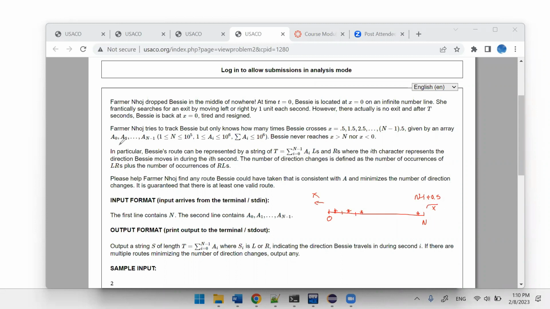So we have an array here going from a0 through a n minus 1. Each number records the number of times Bessie has crossed the corresponding half point. So for ai, that is how many times she crossed i plus 0.5. So ai corresponds to i plus 0.5, where i goes from 0 through n minus 1. Perfect. Now we're going to try to recover